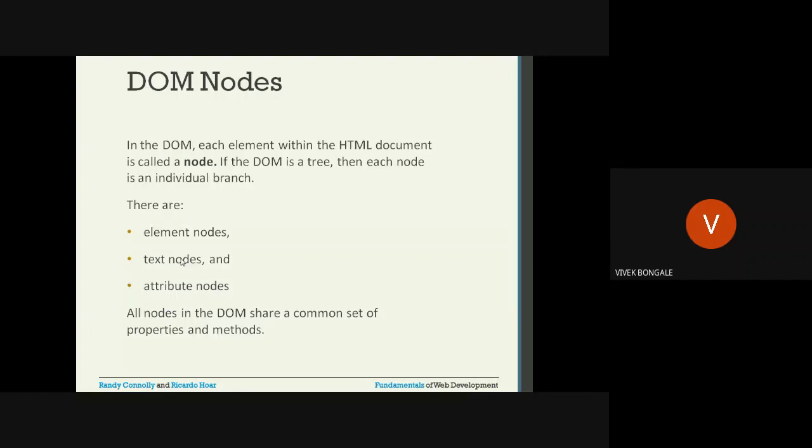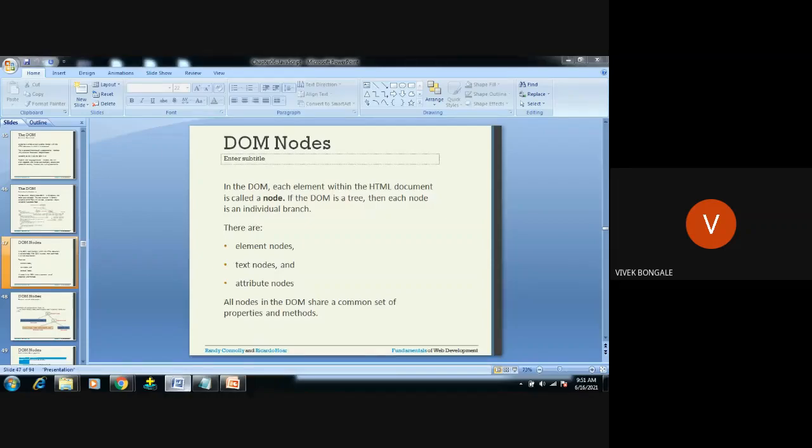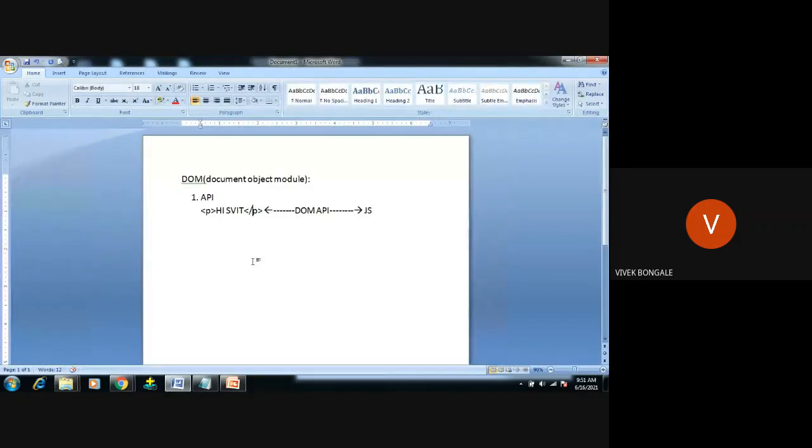In the DOM, basically it is used to perform two tasks. One is get, second one is, after getting, to perform, to set. These are the two major operations we're going to perform in the DOM. Get means, as I explained now, we're going to get the element value. You get the element from the HTML, and that element will be sent to the JavaScript.